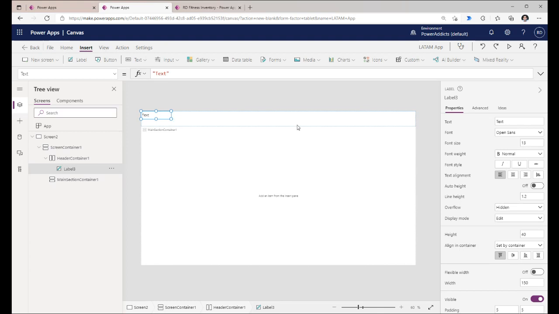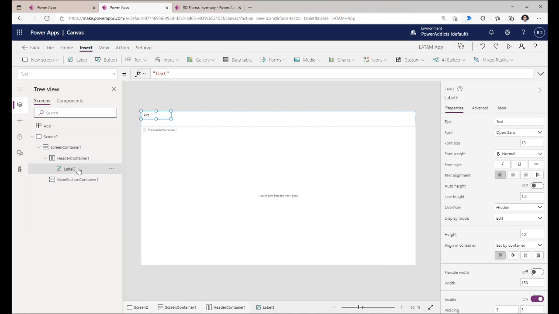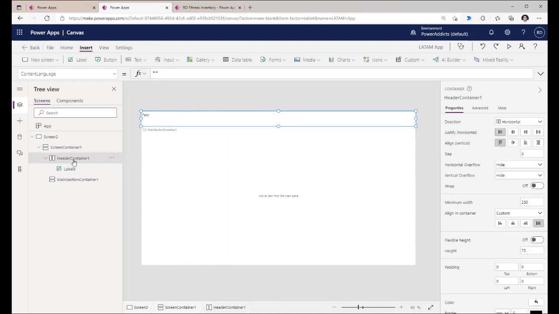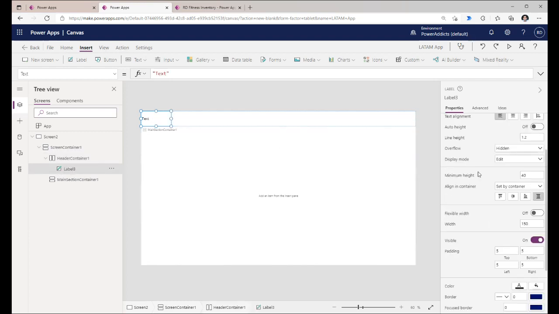Typically, we select the control and drag it, but I can't do that. Why? Well, because now you're in the container realm. You don't define the width here. You select the container and define the width, or you select the control and define the width. So if I pick the container, the horizontal or the vertical alignment, I'm going to span it full height. So take the full height, and for the label control within my header control, I will go and set a